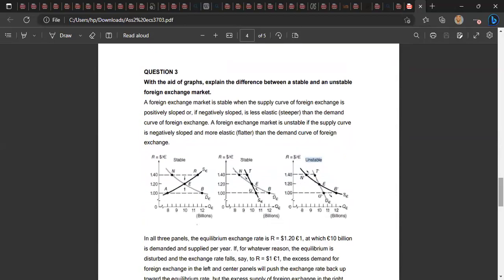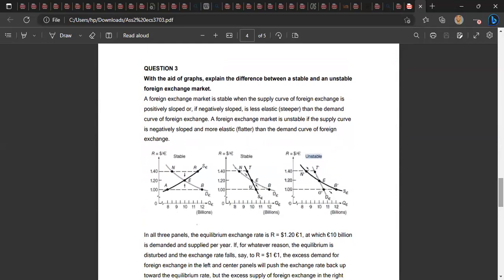Right, and then on this diagram here, we're looking at the difference between a stable and an unstable foreign exchange rate. Both of these are stable, though you realize there's a difference, particularly in the supply curve. But it still remains